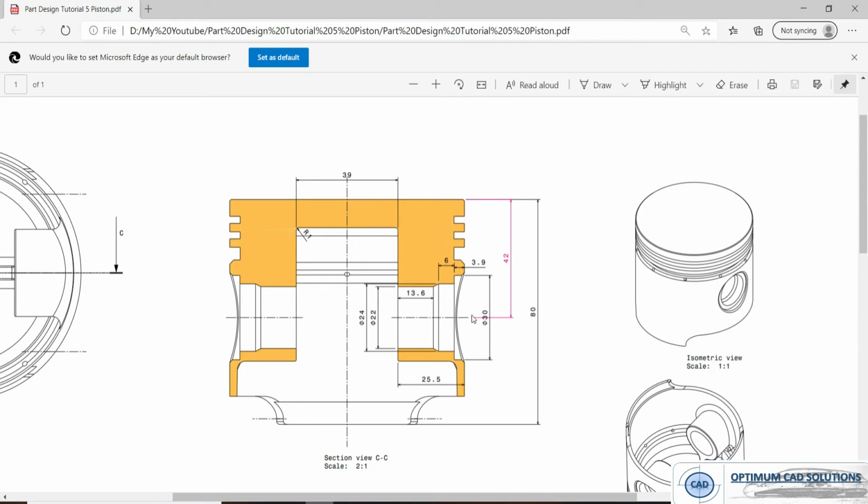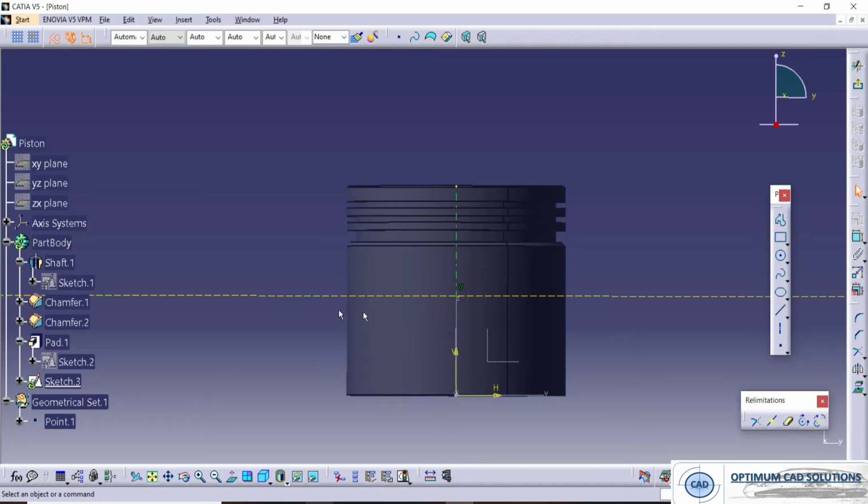So first of all, this 30 mm diameter, and it is 3.9 mm away from this face. After that, this is of a 24 and 22 mm diameter. So let's draw.